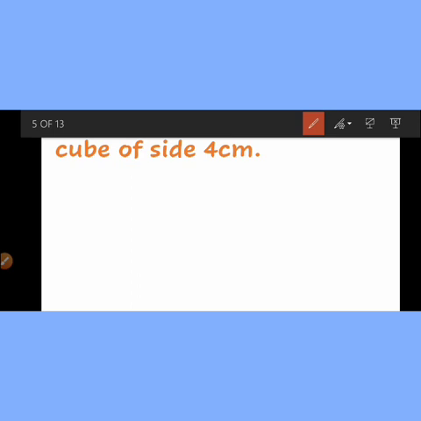And so in doing this, we're going to be using a cube, which means we're going to be multiplying 4 centimeter 3 times by saying 4 centimeter times 4 centimeter times 4 centimeter, which is equals to 4 times 4, 16. 16 times 4 will give you 64